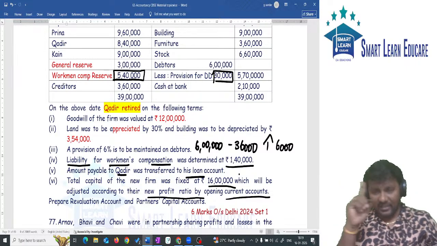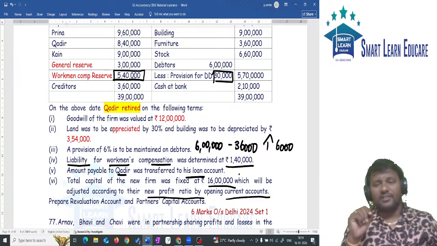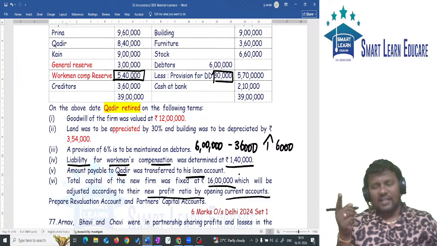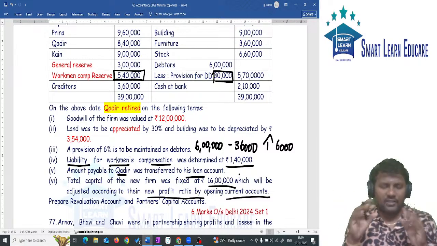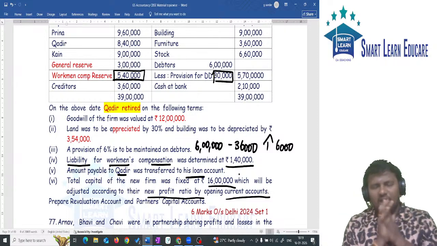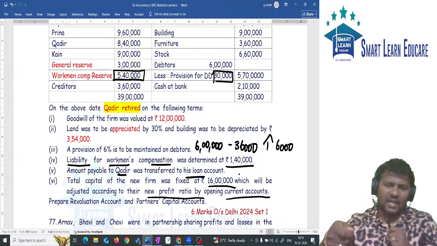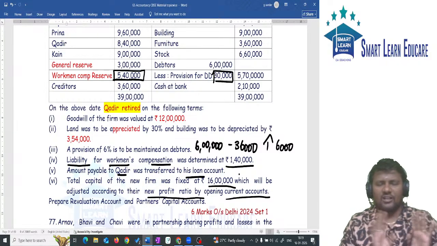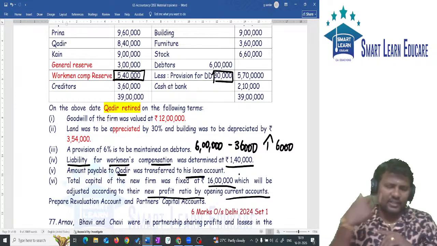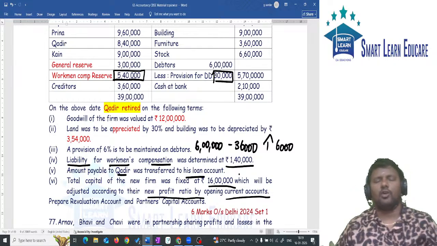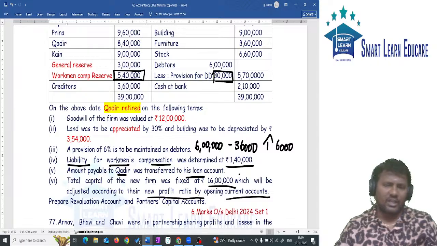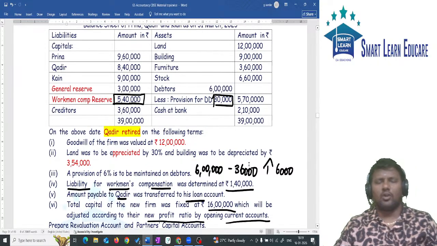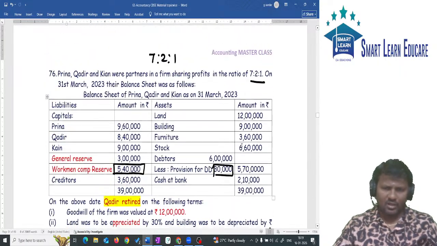In the previous class we did one more question with the same number, 16 lakh, but that time whatever balance we had, we transferred to what account? Cash account. It means the partner either will bring cash or will withdraw cash. Here it is not transferred to cash. Instead it is adjusted with what account? Current account. Whatever balancing figure you get should be transferred to the current account. Go through this question